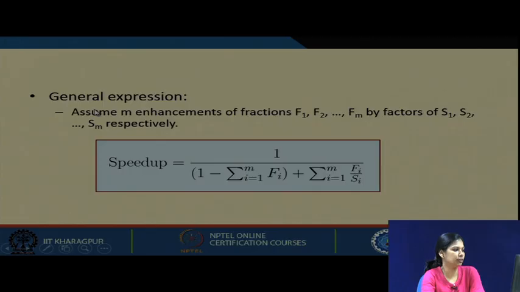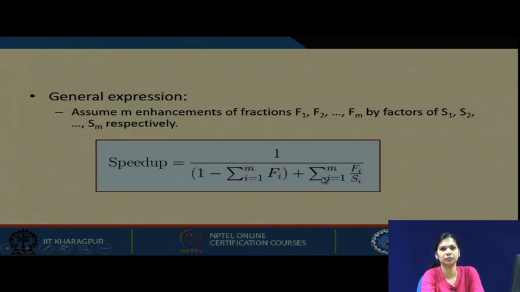Now, this is the general expression of what we have just said. So, we assume m enhancements of fractions, that is F1, F2 up to Fm, by factors of S1, S2, up to Sm respectively. In that case, what will happen? The overall speedup will be 1 divided by 1 minus the summation of all these Fi,